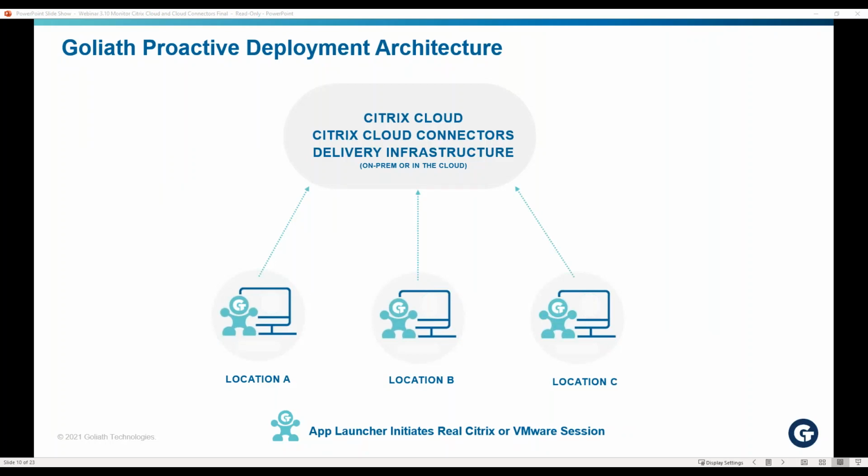And so what they did is at each of their branch locations, as this shows, they actually had the Goliath application launcher. In that branch location, they had either a VM or a laptop where the Goliath launcher logged in just as an end user would. And in that environment, they are now connecting to Citrix Cloud. They're going through the cloud connectors, the entire delivery infrastructure, and ensuring that the applications they need launch correctly, as